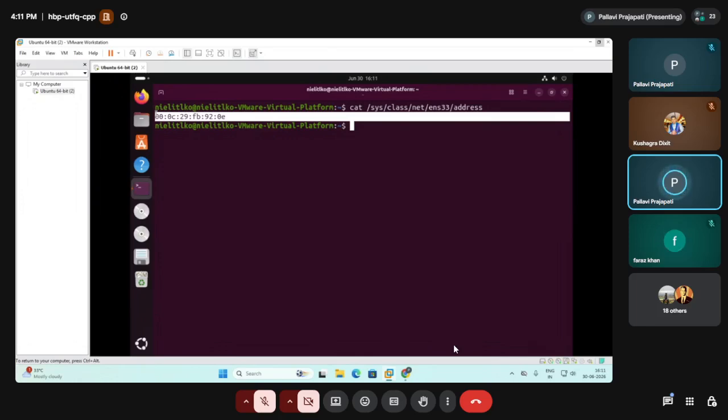What I just want to say is that whatever address you are seeing here is not the real address. The IP addresses or the MAC addresses are not the real IP or MAC address that we have in the system, because this is not the host OS. This is the virtual OS. The main host OS is Windows, and in this Windows system we have VMware, and within VMware we have this Ubuntu OS.